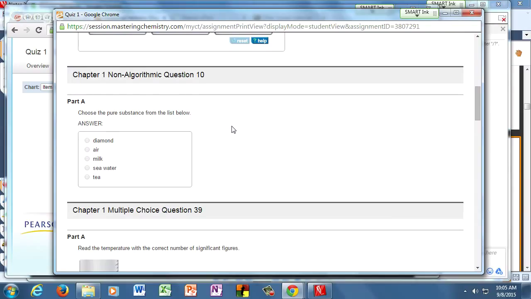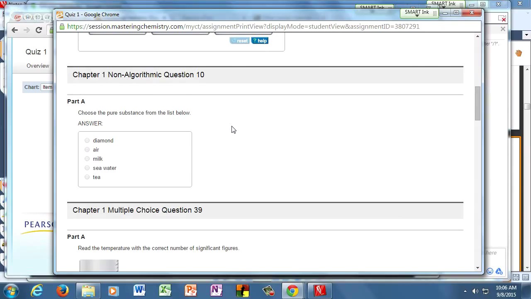How would you answer this question if you didn't know what diamond was made out of? Because I imagine that could be an issue here, right? We didn't really talk specifically about diamond. So maybe you know what diamond is made of, maybe you don't. How might you answer that question if you didn't know what diamond is made of?